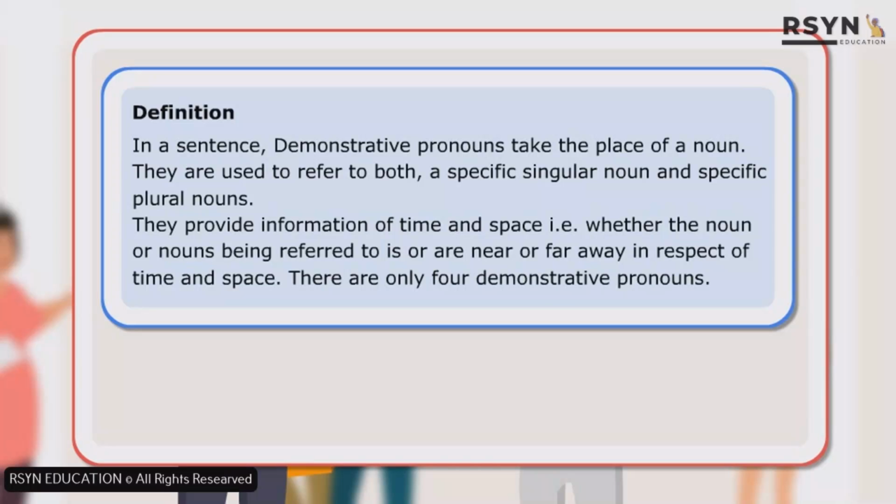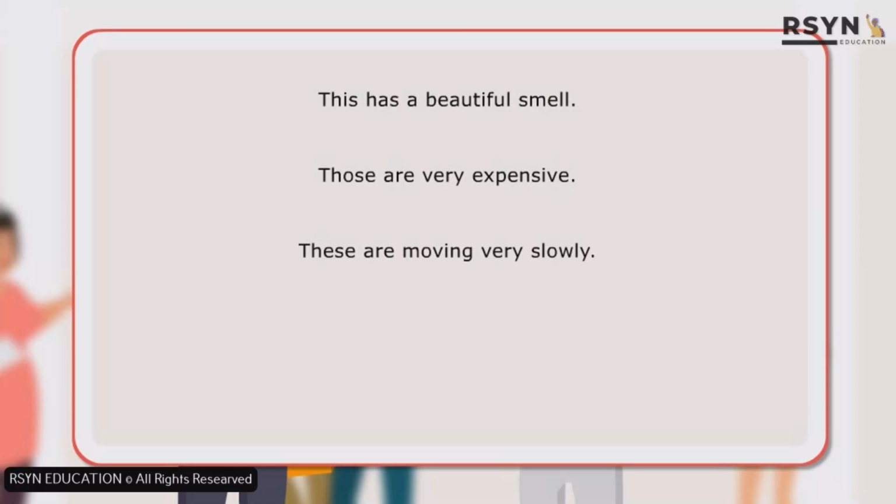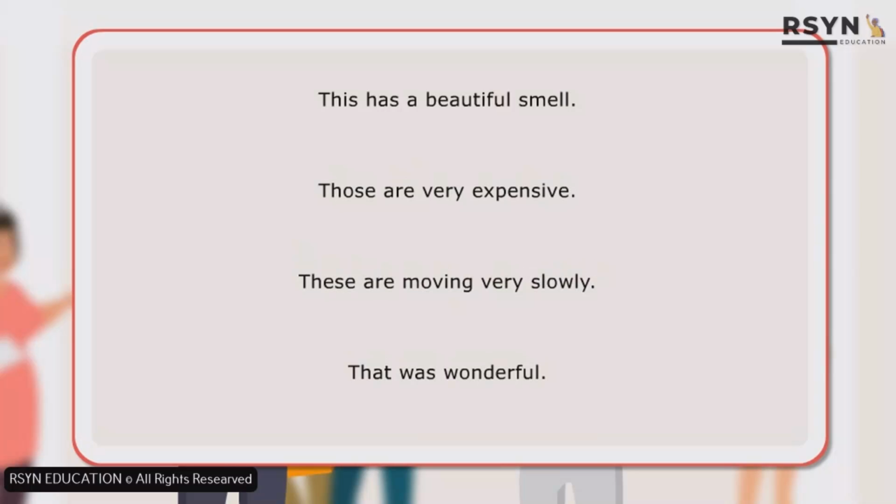Let us look at a few sentences. This has a beautiful smell. Those are very expensive. These are moving very slowly. That was wonderful. In the first sentence, this is a demonstrative pronoun since it is used in place of a